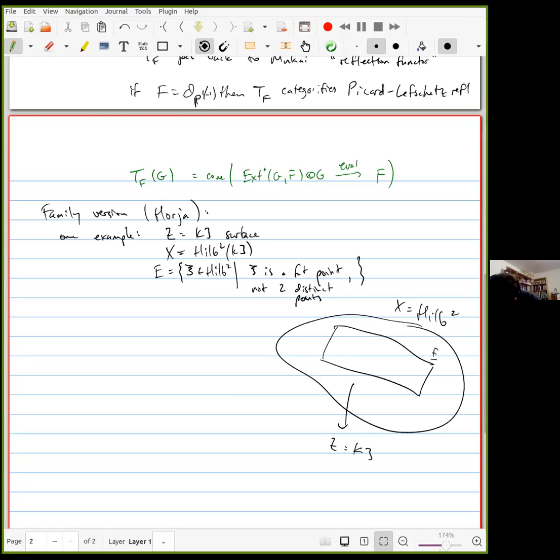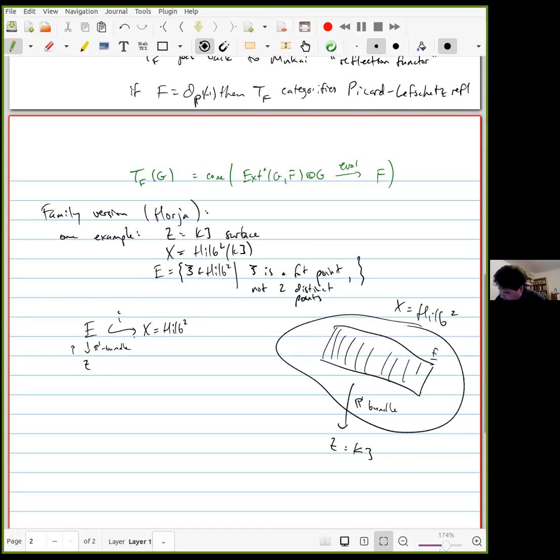Here X was the Hilbert scheme of 2 points. If I have a fat point, just remember where it was supported. And how many length 2 fat points can I have at that one point? Well, it's all the tangent directions. So this thing is actually a P1 bundle. And let's label everything. Let's say the inclusion of E into X, the Hilbert scheme, is I, and the projection, this P1 bundle,